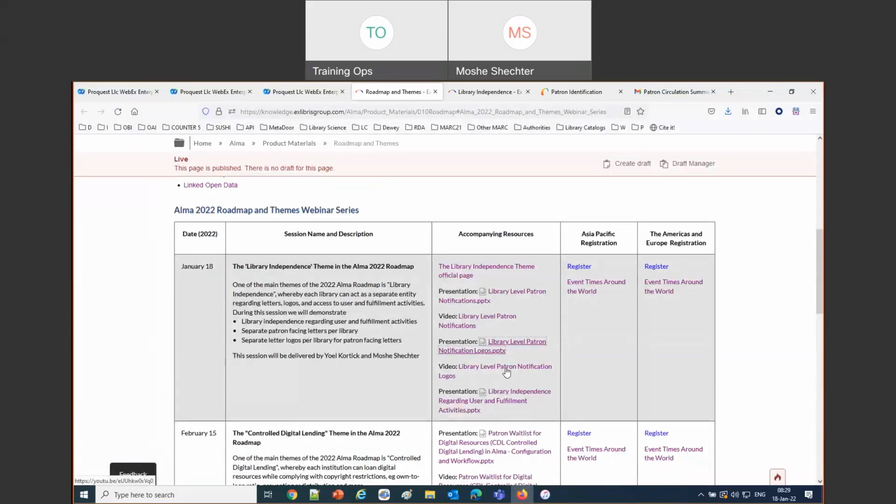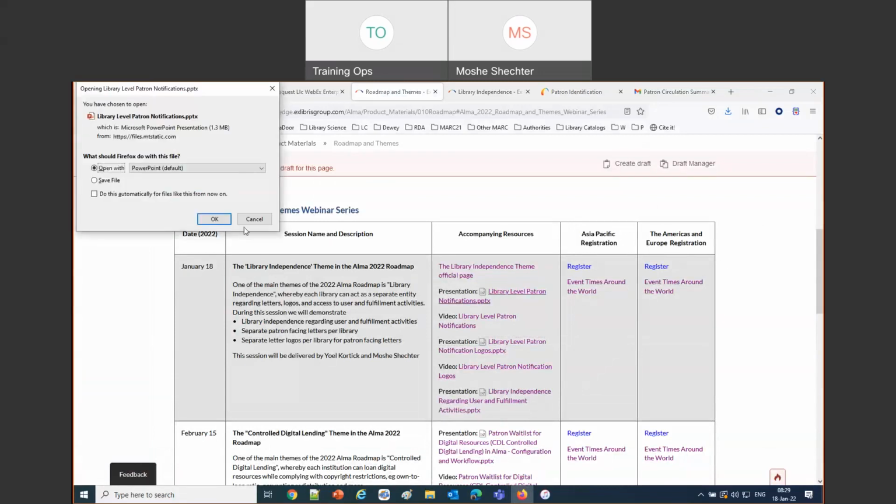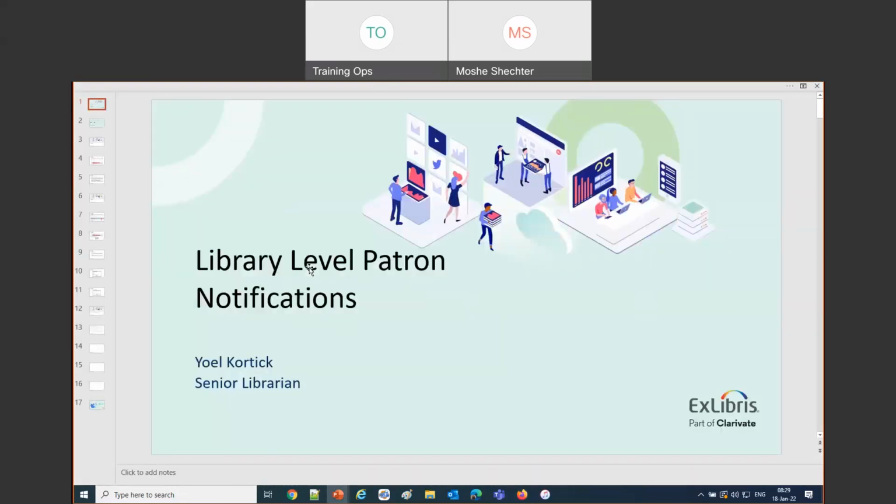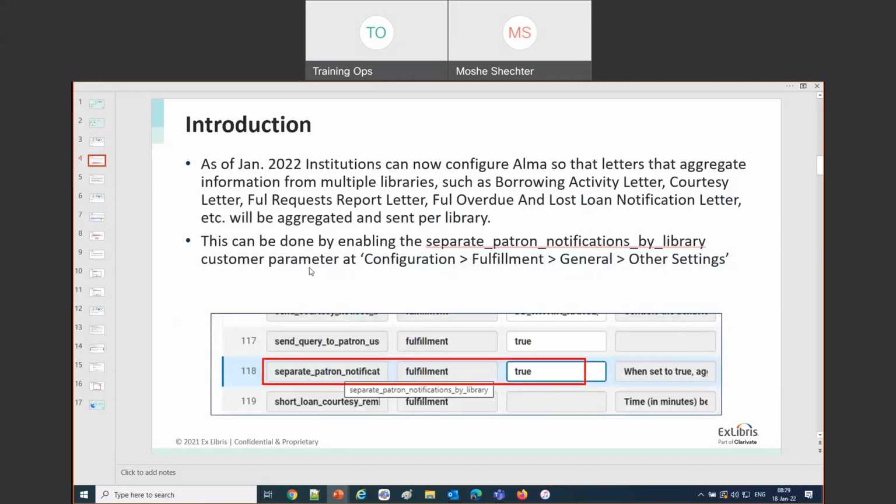Let's just look at the other presentation, for not the logos, but just making the notifications be separate, because that also lists which specific patron notifications we're talking about. So we're talking about the borrowing activity letter, which we just looked at together, the courtesy letter, which says you have the following items on loan, the requests report, the overdue and lost loan notification letter.